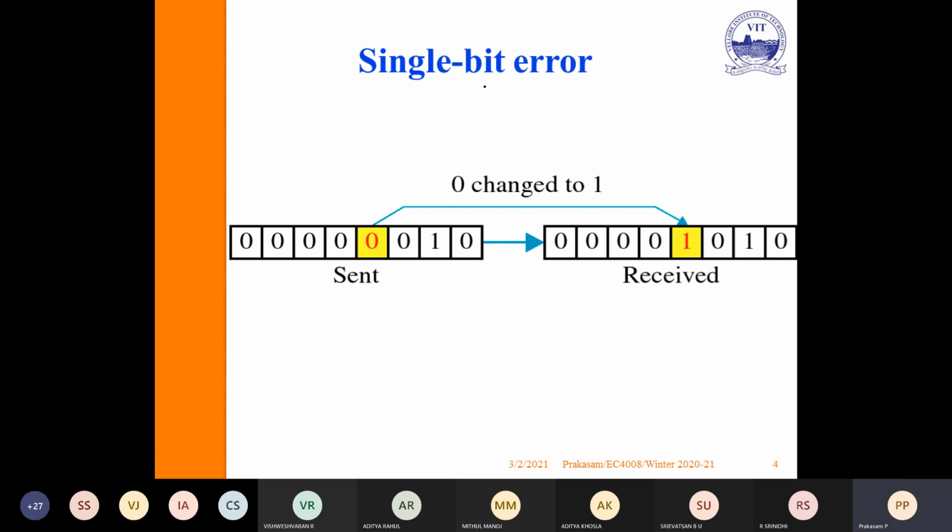For example, for a single bit error, let us consider this is the frame being sent, and at the receiving side, instead of 0, if we receive 1, that is nothing but a single bit error. All remaining bits are correct, and only one bit contains an error.